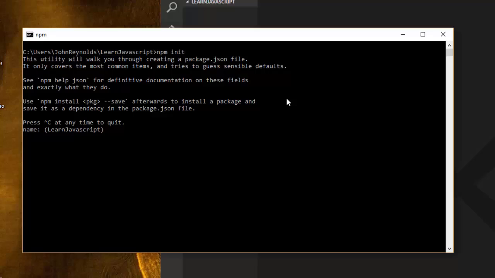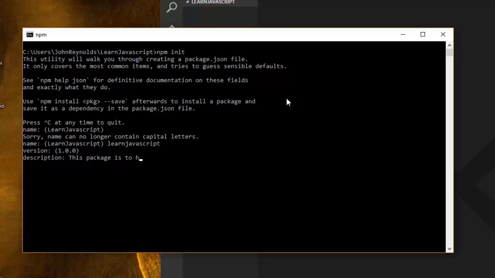So it's going to ask me a bunch of questions. So the name by default is going to be Learn JavaScript. That's fine. Oh, interesting. The name cannot contain capital letters, so that's fine. I'll just type in learn JavaScript, all lowercase, press return, version 1, description, this package is to help me learn JavaScript,